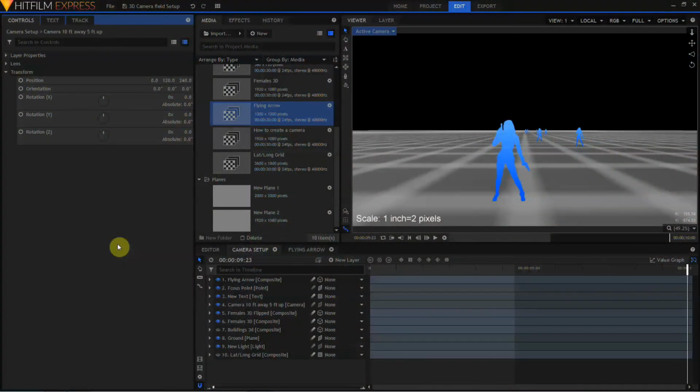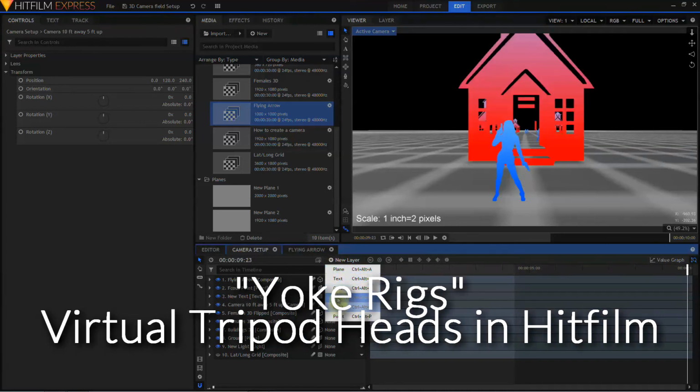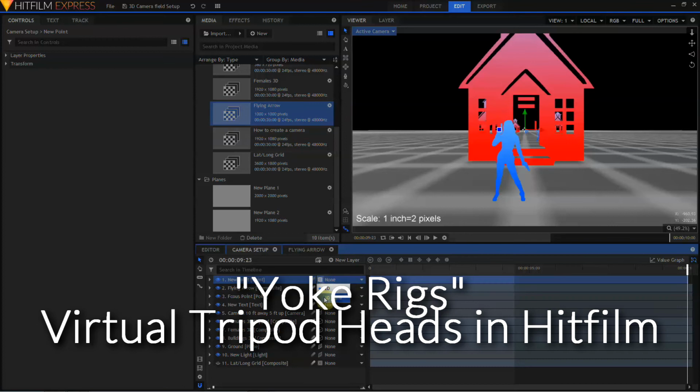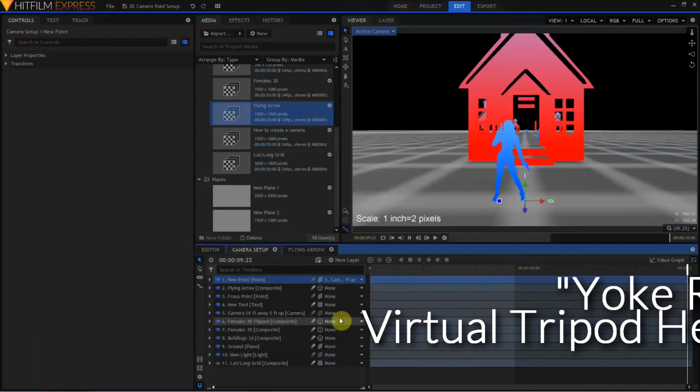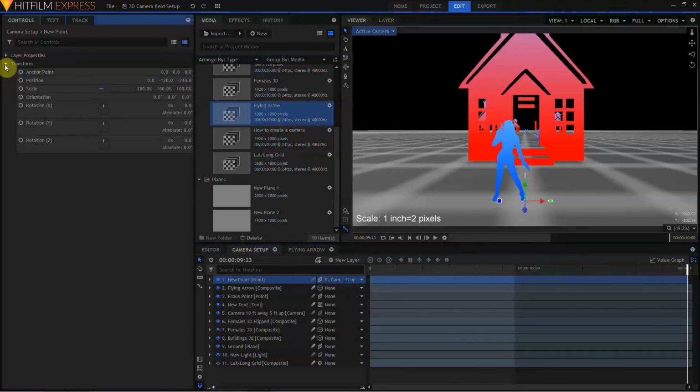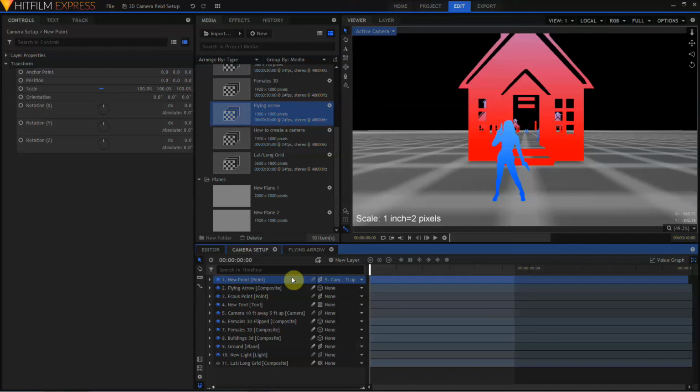To get the YX rotation order we need to accurately simulate a tripod head, we're going to have to create a point rig and attach our camera to it. I'm going to create a new point. I'm going to make it a 3D point. I'm going to parent it to my existing camera, and I'm going to open up its transform controls and set its position to 0, 0. We can no longer see this point because it is at the exact position of our camera, so we're kind of looking through it. I'm going to rename this point Camera X Tilt,